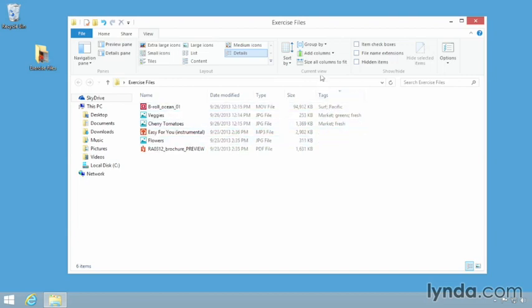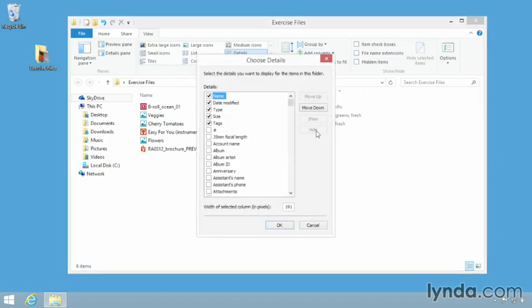We could also go to the Add Columns drop-down, and if we want to add something that doesn't appear on this list, go right down to the bottom and click Choose Columns. You'll see there's a lot more to choose from here. As we scroll down the list, it's very extensive. Not all these options appear or will work with every type of file. But for example, as we scroll down the list, if we have files that include things like postal codes, or as we scroll